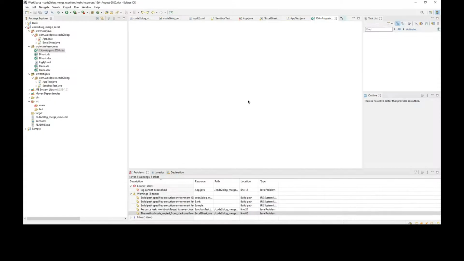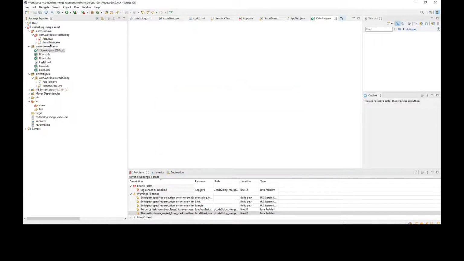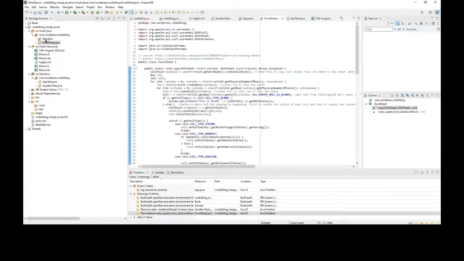I've explained this concept in my YouTube video. The code is available in GitHub. Were you able to download the code and run the project? I have downloaded the code, but I am unable to run it. Then what you'll have to do is install Maven. Do you have Maven on your computer? No, I have to install it.